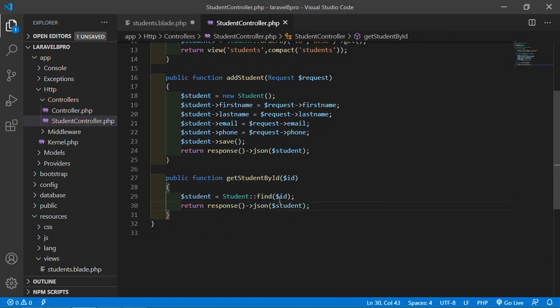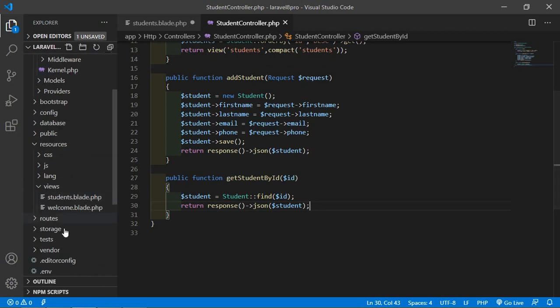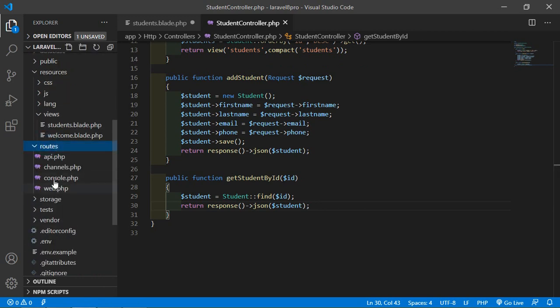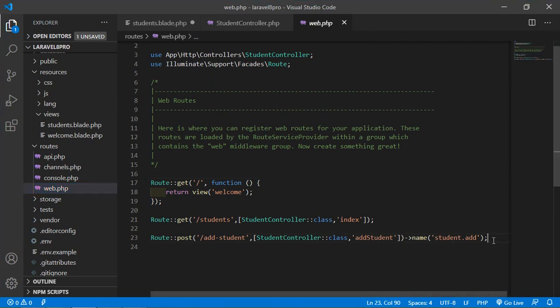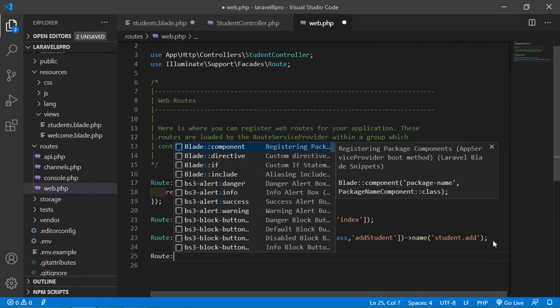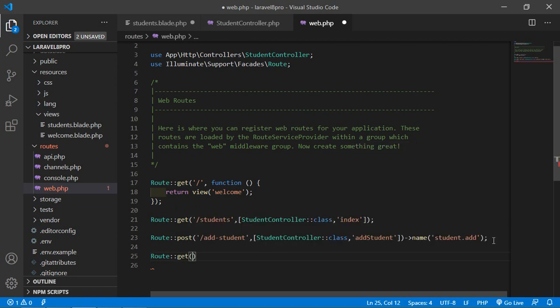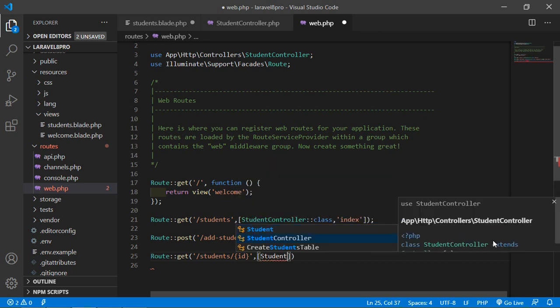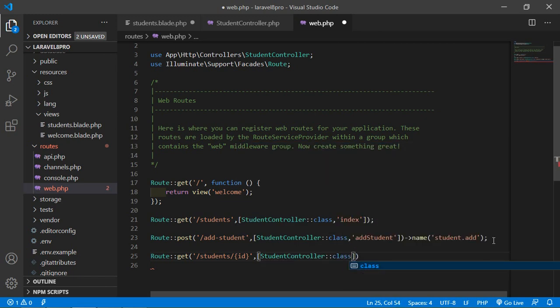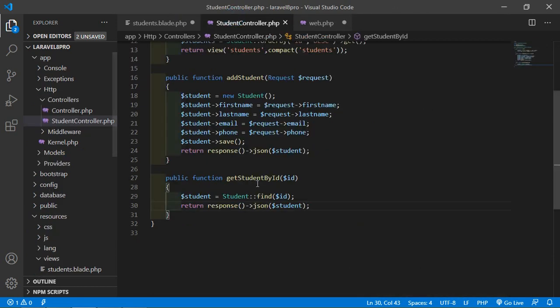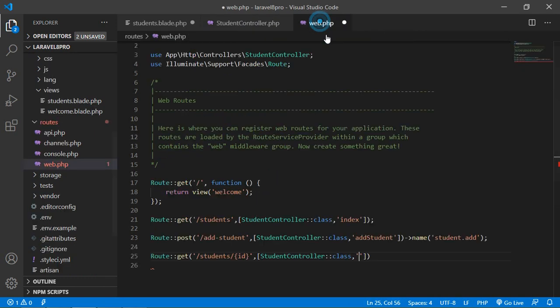Okay, now save this file and let's create the route for this function. So just go to the web.php and here just add the route. So just write here Route::get, and here add the URI as students, add a parameter id, then add the controller, the StudentController::class, add the function name. Function name is this one, getStudentById. So just copy and paste here. Alright,